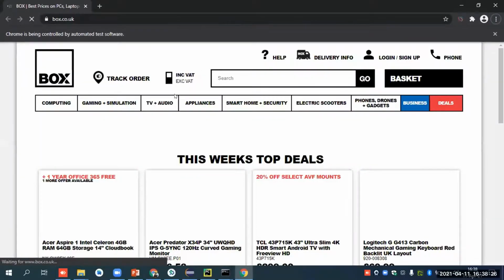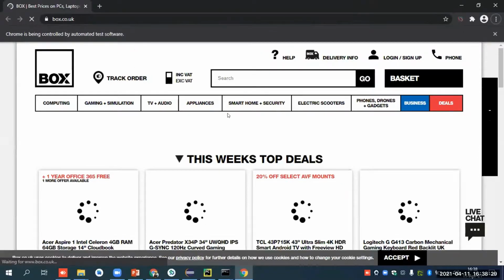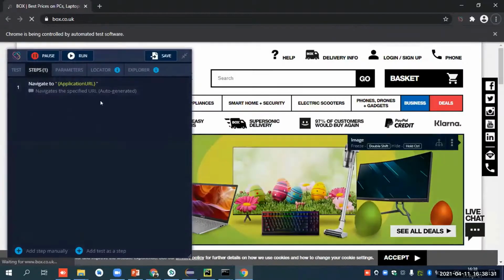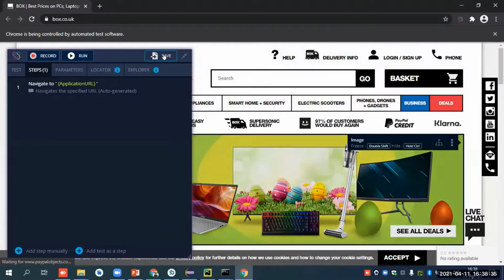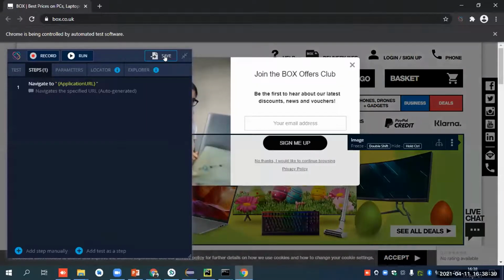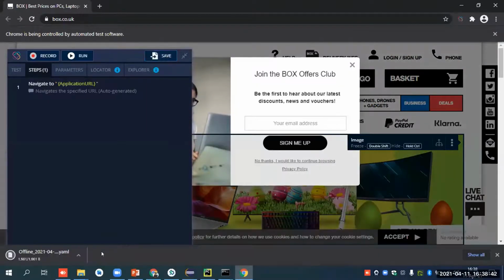It will open the application whose URL we mentioned, open a recording file, and after recording finishes, I can directly save my YML file from here. I will click on save and it will download it.